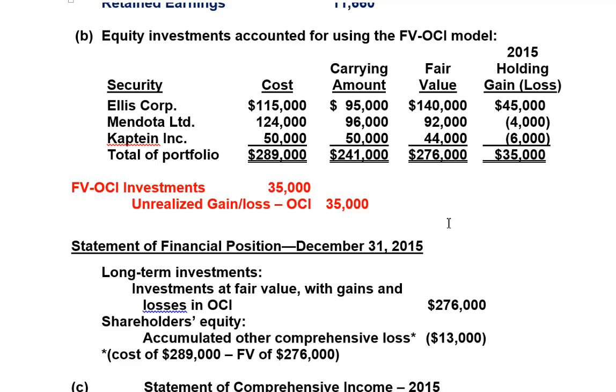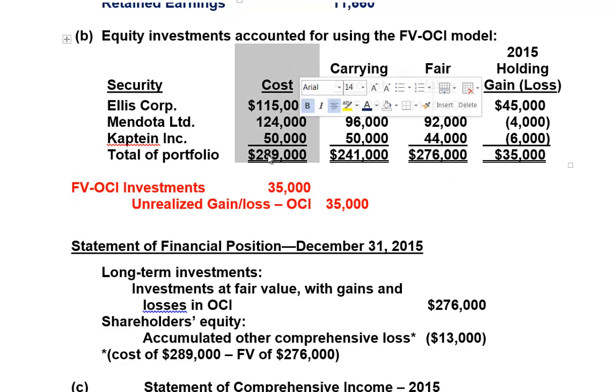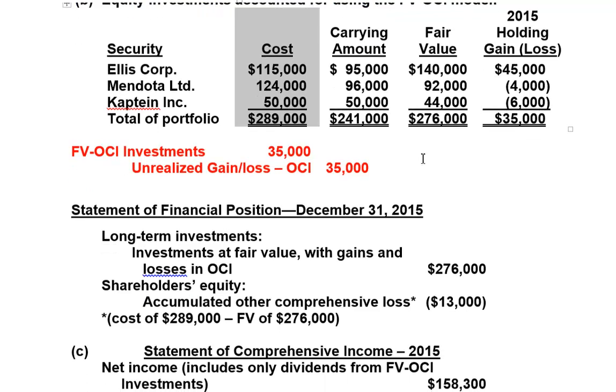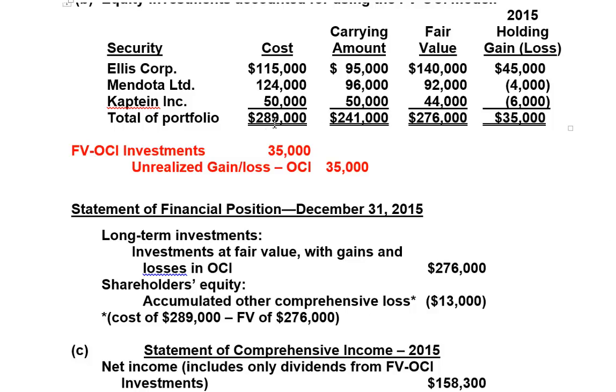Okay, so the reason I included the cost column, we've talked about this before, is that the difference between the cost and the fair value at the end of the current year is going to give me the balance in AOCI. So if I look at the difference, I can see that my balance in AOCI is now going to be negative, or a debit balance of 13,000, the difference between 289 and 276. I'm also going to have in my long-term investment section in the asset part my investments at fair value with gains or losses going through OCI, or you could call this fair value through OCI investments,